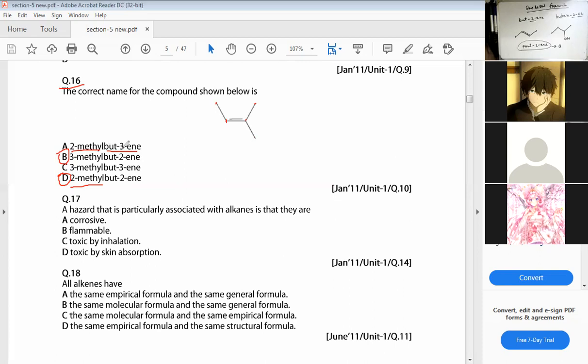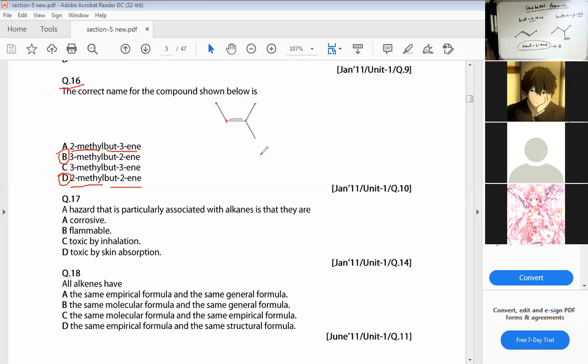So this methyl group with the second carbon, so it should be 2-methylbutene. It should not be 3-ene, because the double bond is with the second carbon from any side if you count, because double bond is between 2 carbon, right? From this side 1, 2, so this carbon is attached to the double bond. From this side 1, 2, so this carbon also. So it should be butene first, and from this side we'll take the 2-methyl or 3-methyl.